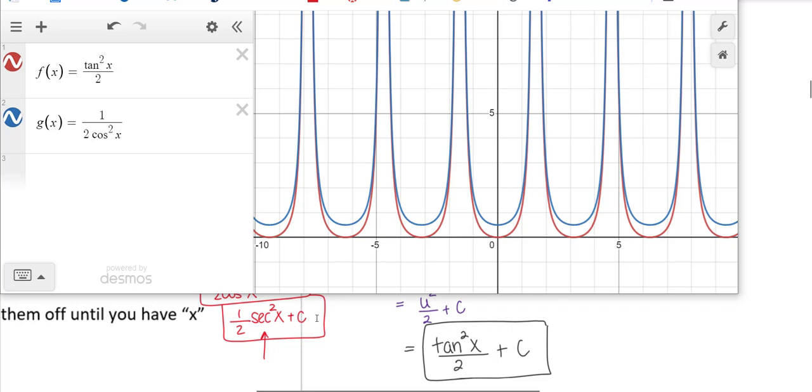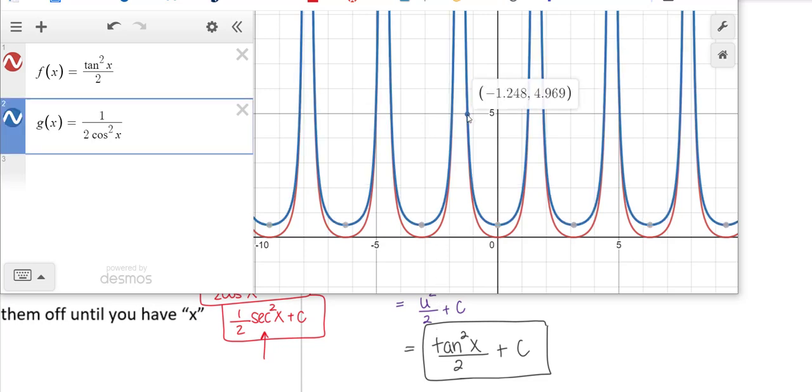So what that means is the c from my first option doesn't necessarily have to be the exact same number as the c from my second option. If you had a particular point that you know is on these curves, right? So maybe I know a particular point, then I could solve for each c value. And again, the c values are not going to be the same, but once you find those c values for that particular equation, they would absolutely trace each other. So the c's are where you get your vertical shift from.